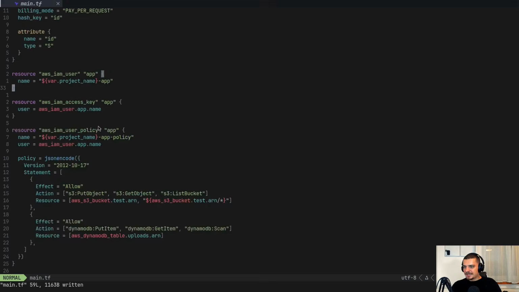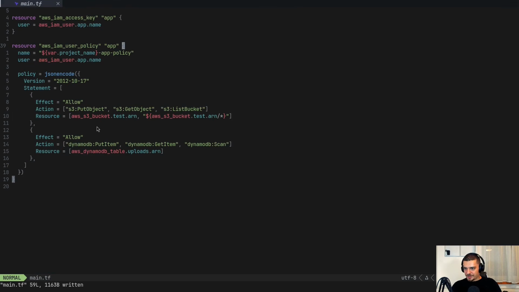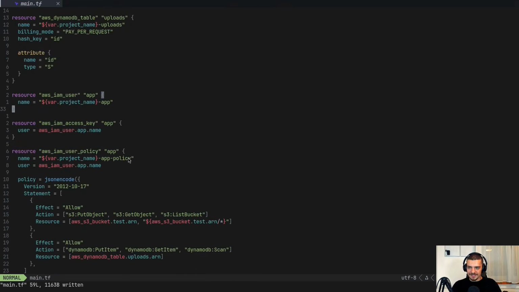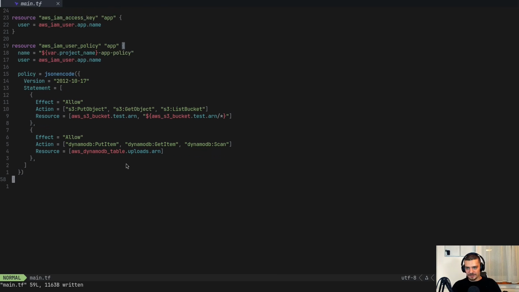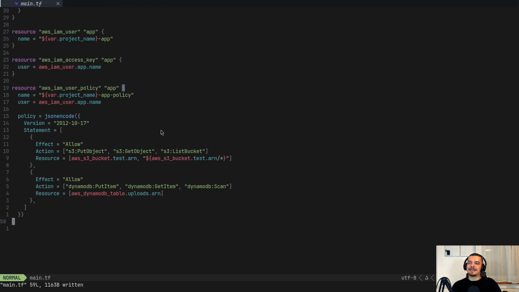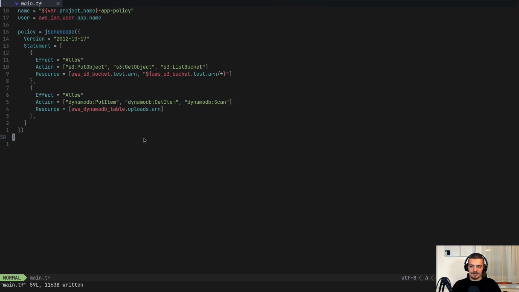Now, all this is enough to create the resources to work with them, but I also want to now export all the credentials that I need because I want to have a setup that just works. So what I want is to create all of this. I also want to have a .env file with all the credentials that I will need in my Flask application so that I can easily work with that. And I don't want to do anything else but terraform apply and uv run app dot py in the case of a test server now. Otherwise, of course, something like docker compose up or something. But the idea is I want to have everything exported automatically.